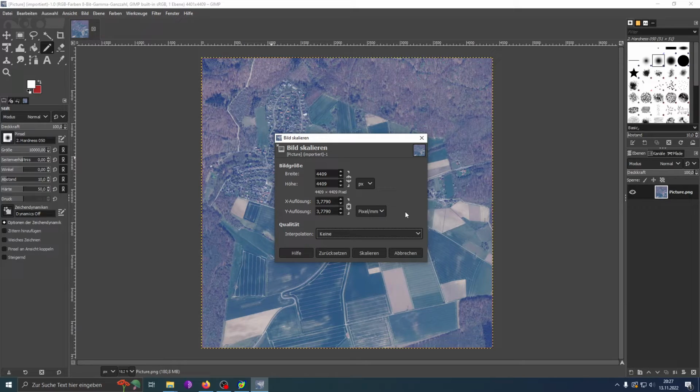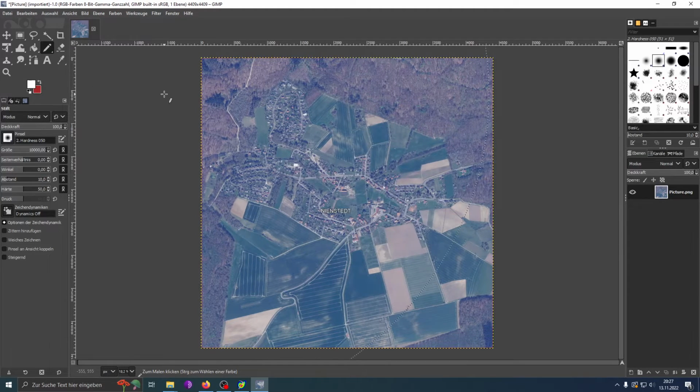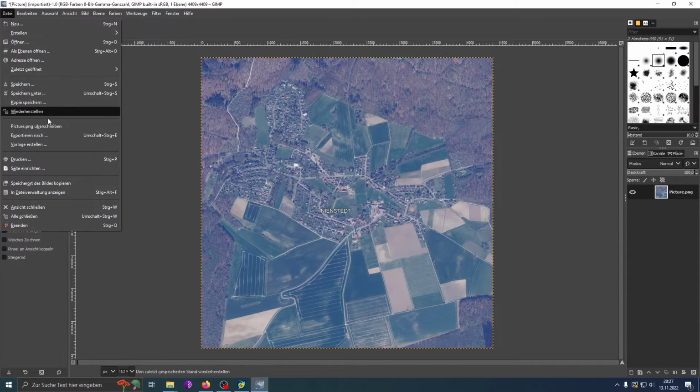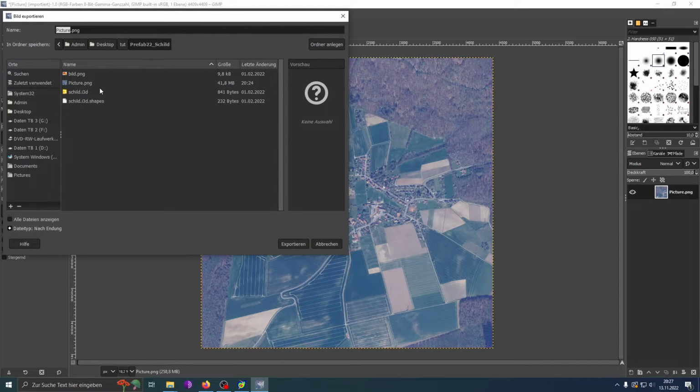It's not so bad if it's just for orientation on the map. But if you're working on very prestigious parts of the map, then it's very important. So yeah, just scale it. Now we're finished, and we export this picture